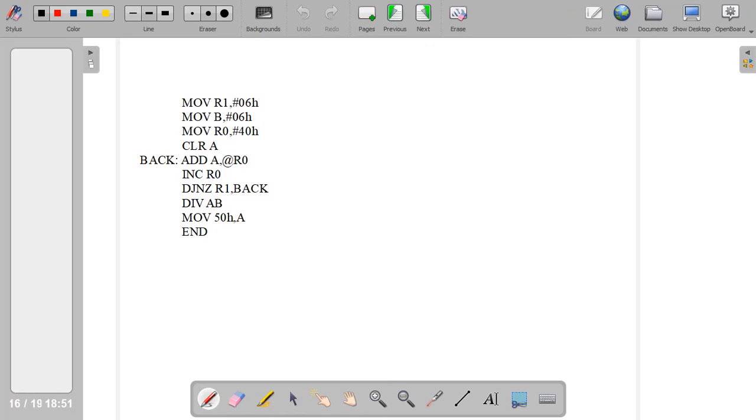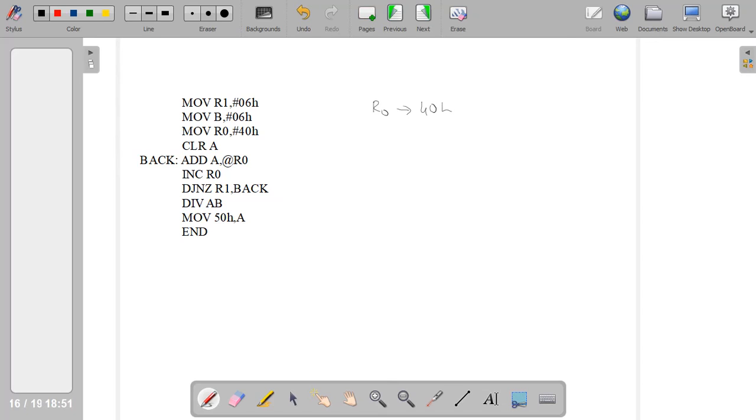So we have register R1 loaded with 06 value and register B loaded with 06 value, and R0 is loaded with 40H value. R0 will be the register which will point to the memory location 40H onwards.